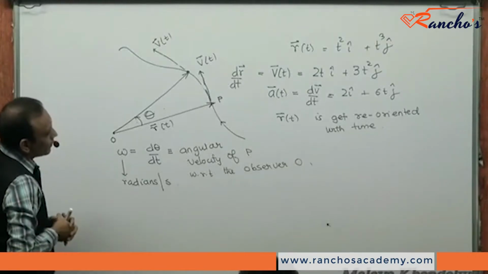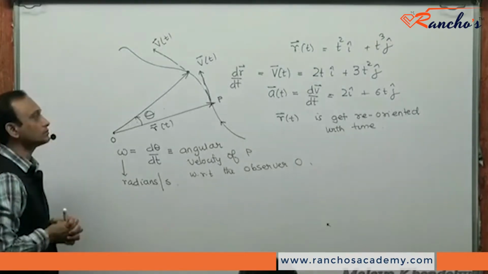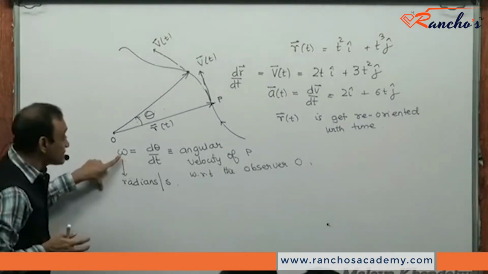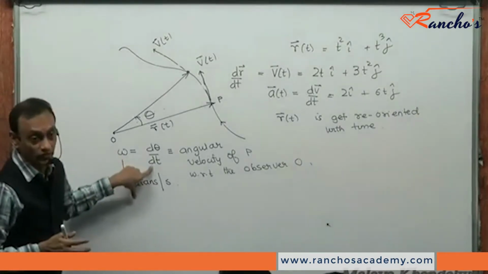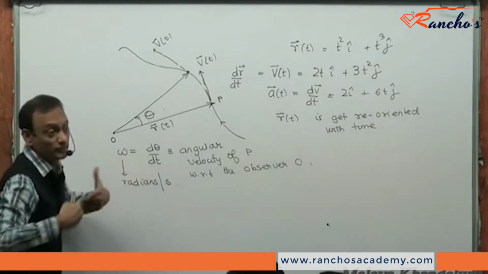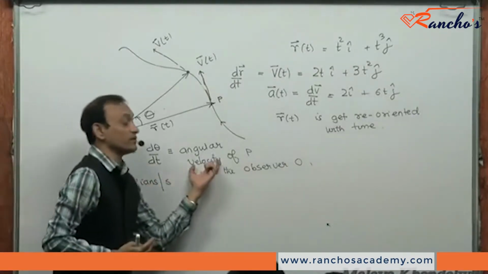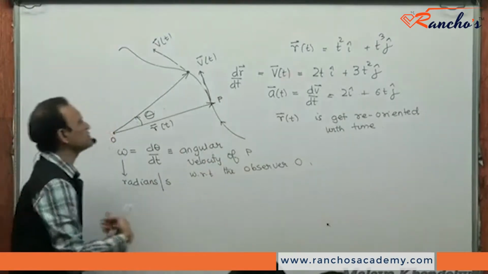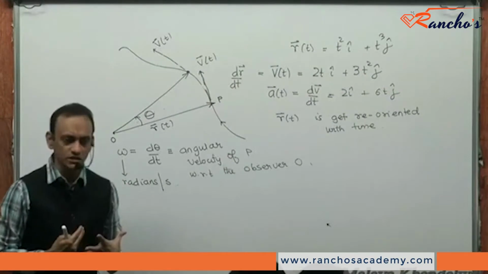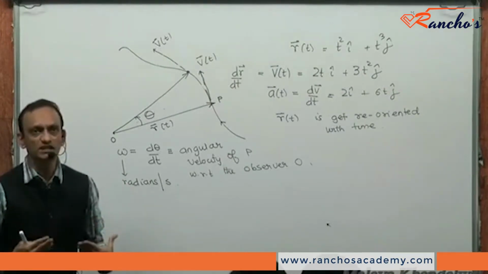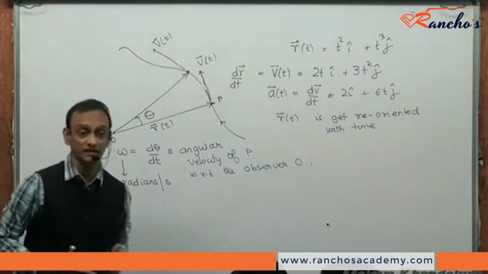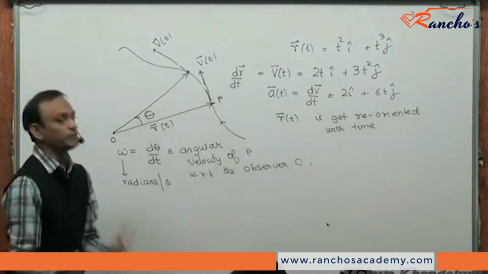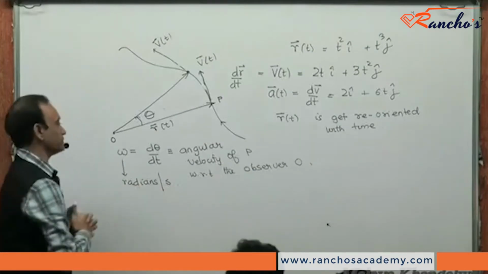Now, that's as far as the angular velocity is concerned, but this, realize, gives me only the magnitude of the angular velocity. The moment I'm saying it's a velocity, that means there must be a direction associated with it. So what I'm going to do is give you a generalized digression on what it means by the angular velocity vector in general motion.